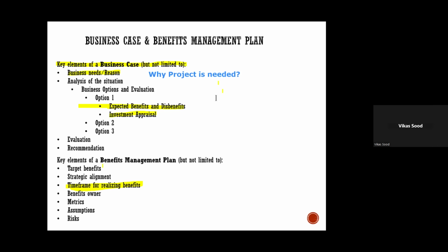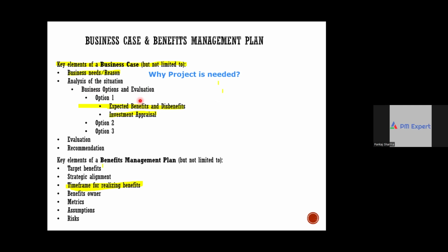So next thing is, tell me, to solve a problem, whether it is about increasing the sales, improving the quality, or improving the efficiency, is there a single way or multiple ways? Multiple ways, right? So there can be multiple business options. After understanding why a project is needed, we'll analyze the situation, and there can be multiple business options. For example,